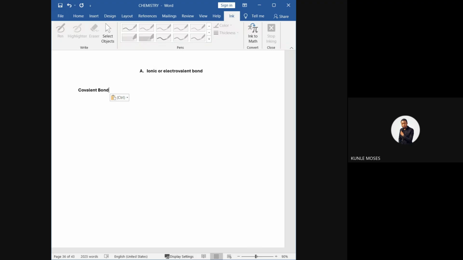Ionic bond involves a metal and a non-metal, and we don't even call it sharing. Like I said, it is a transfer. But when you hear the word sharing, it is between non-metal and non-metal, and that is covalent bond. Please, are we clear with that? I don't think there's a way I can explain this better.